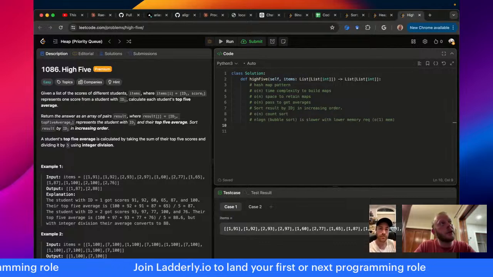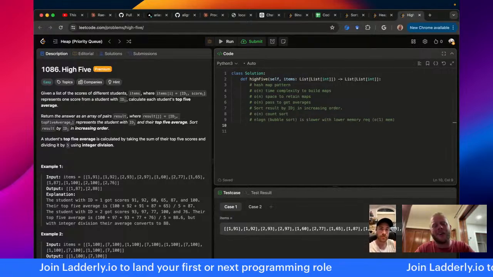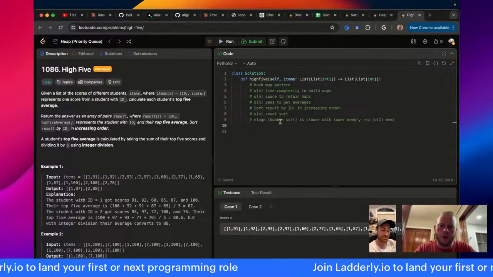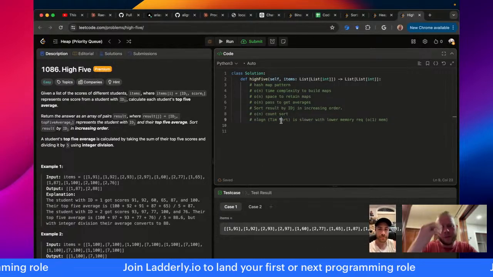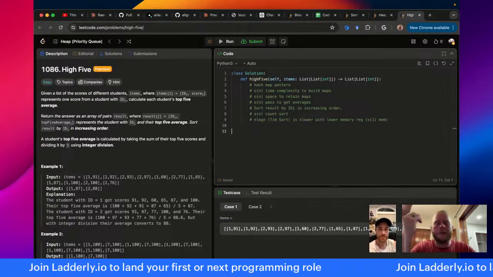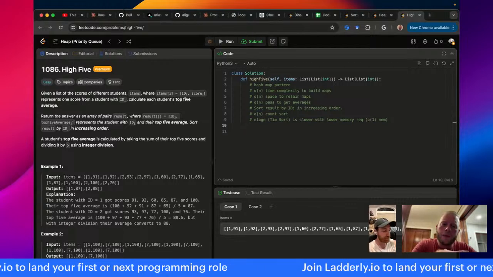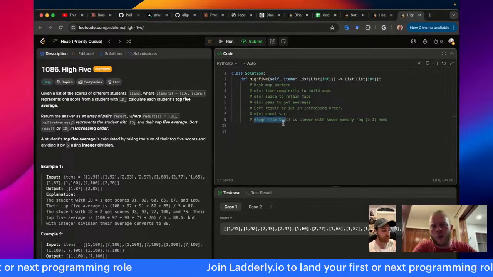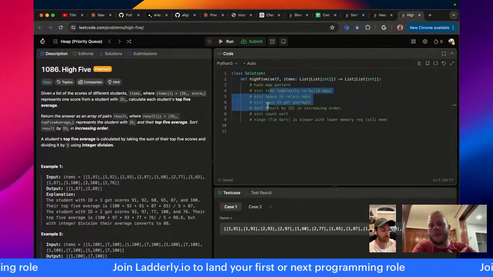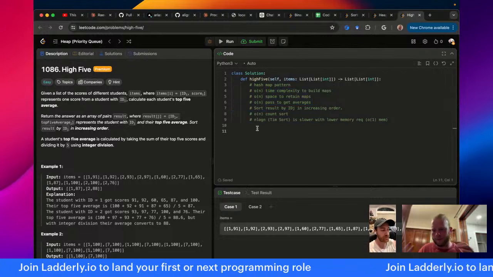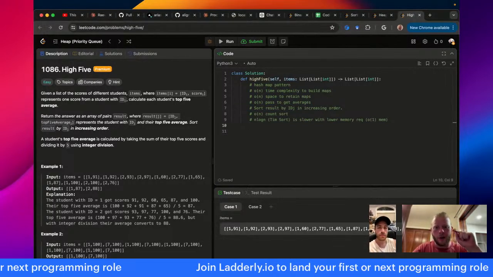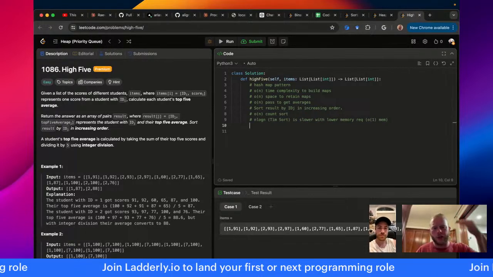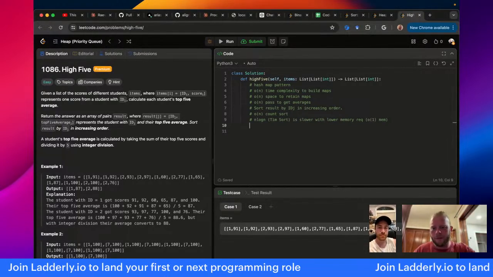Python has a built-in sorting algorithm called timsort. So, okay, fine, that's timsort, but it's still n log n, basically. So if they wanted to pivot to optimize memory, I would use the built-in Python sort. But if I'm optimizing time complexity, I'm going to use count sort, which is not using dot sort in Python. It's literally just counting 1, 2, 3. That's what we mean when we say count sort.